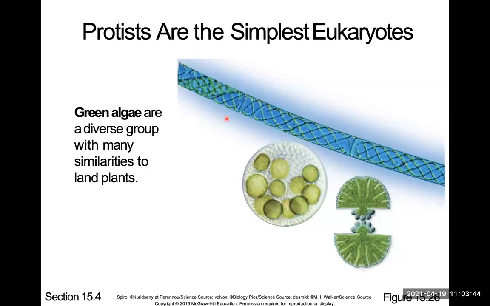This is called Spirogyra. If you look carefully, you can see the spirals inside. I'm not going to ask you this, but this is called Spirogyra. You don't have to know this either. Just make sure you know this one. This is called Volvox.